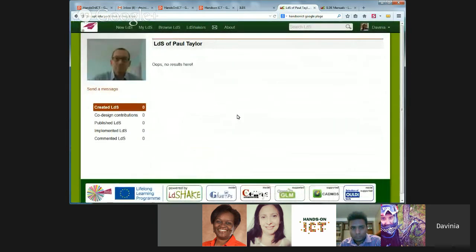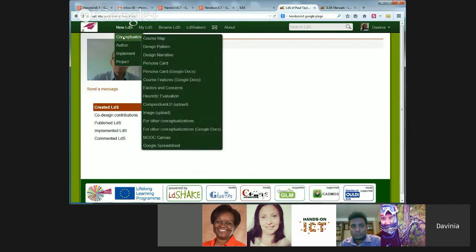But where are the tools? Where are the tools to support the Learning Design Studio process? The tools are available under the menu New LDs, New Learning Design Solutions. And here you will see that there are different types of tools. The first one is the conceptualization